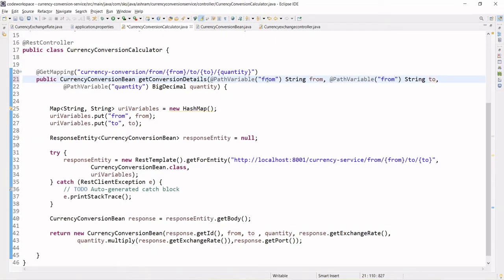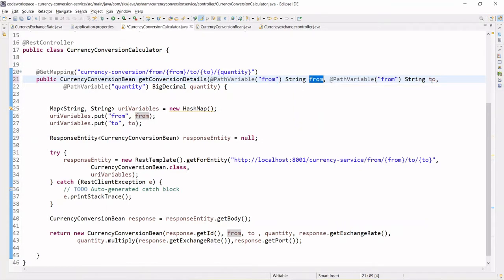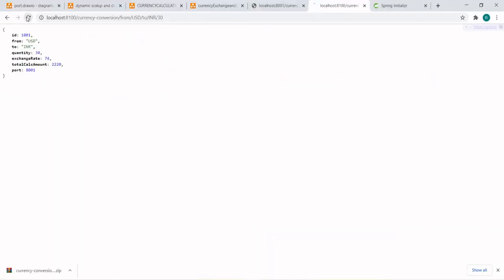So whatever value comes as from is also going to "to". Whatever value is mapped to the from variable, we are also assigning to the to variable. So if the first parameter from was USD, here it will be USD and there it will also be USD. See how it's going to behave. Refresh this.